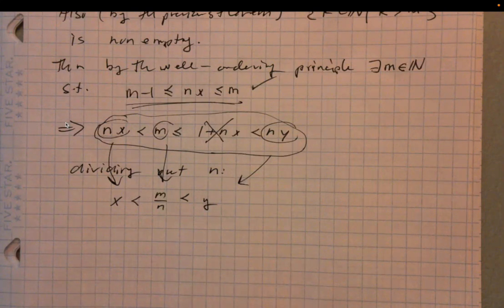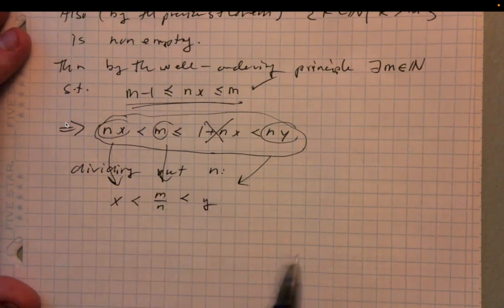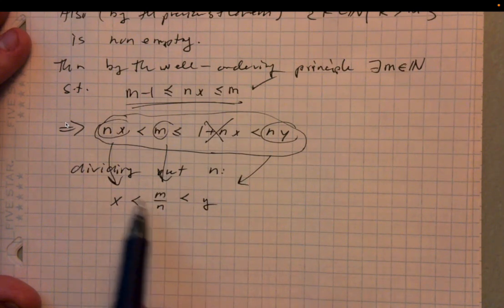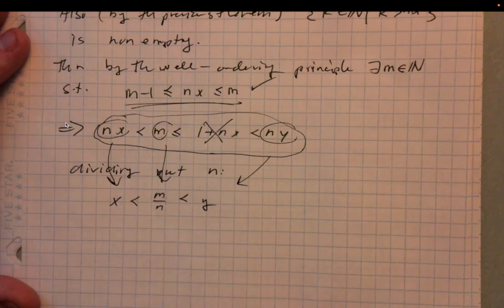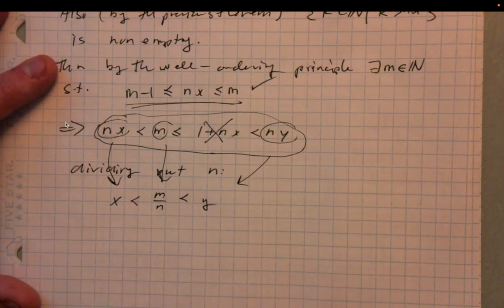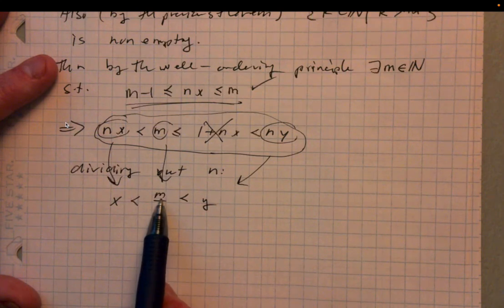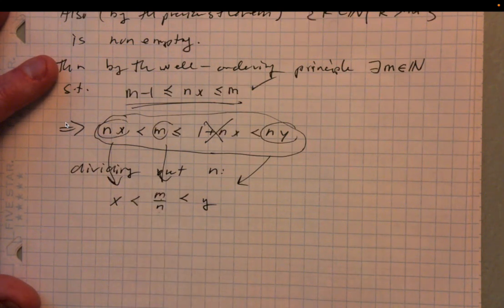Right, and so there you are, right? So I've got an x and I've got a y. You gave those to me. Those values are from you. And I have constructed a rational number m over n, right? Remember, m is a natural number, n is also a natural number. Okay,